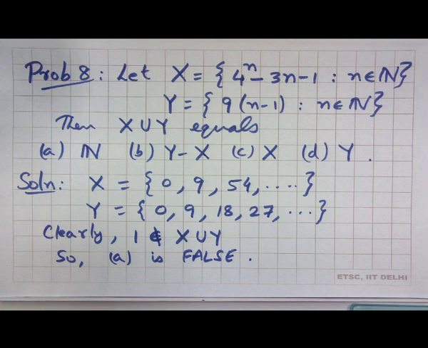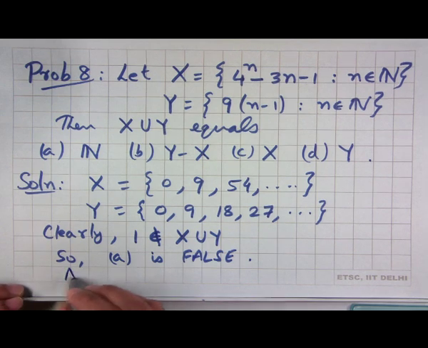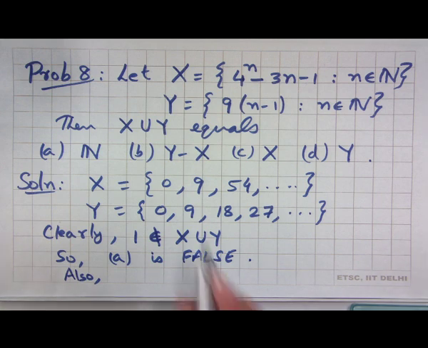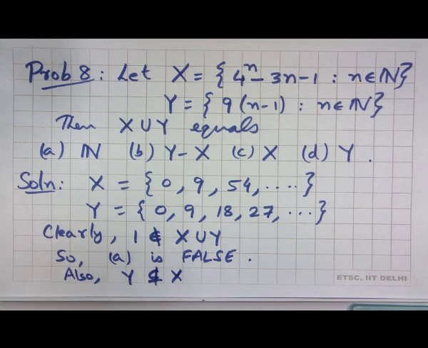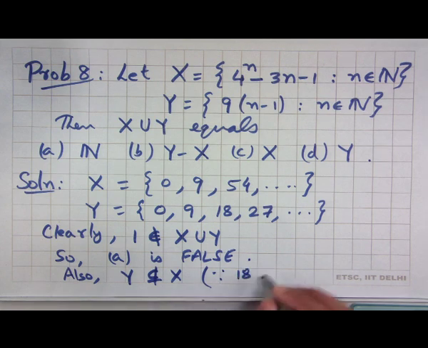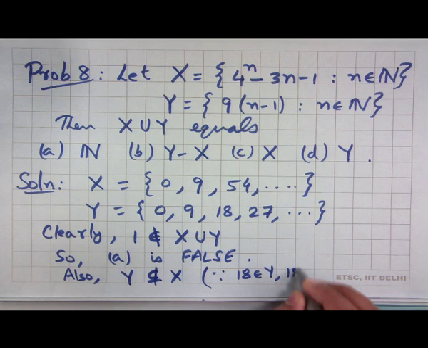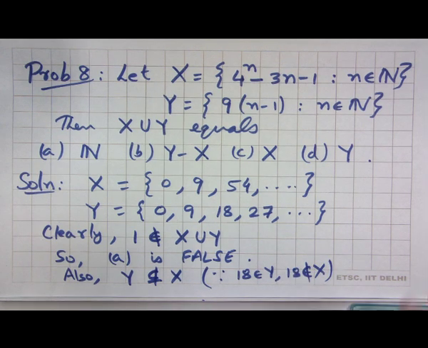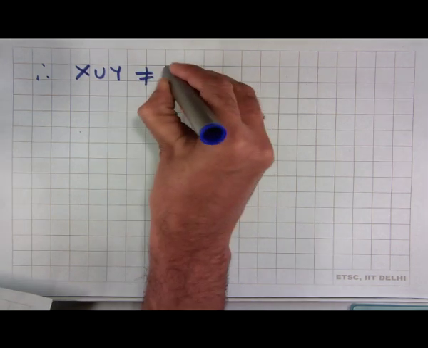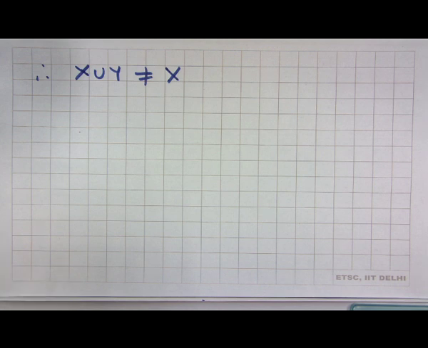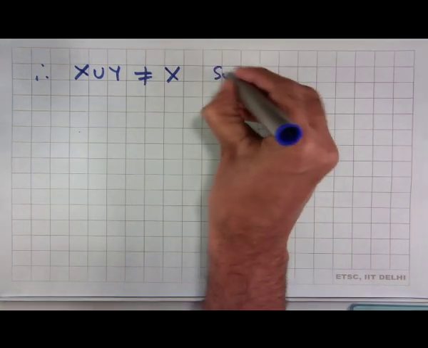Also, for X union Y, we see that Y is not a subset of X, right, because 18 belongs to Y, but 18 is not in X. So, therefore, X union Y is not equal to X. This would be equal to X if Y is a subset of X. So, C is also false,